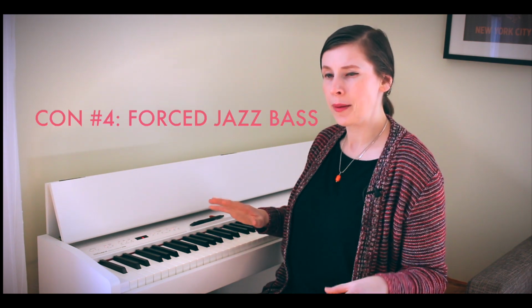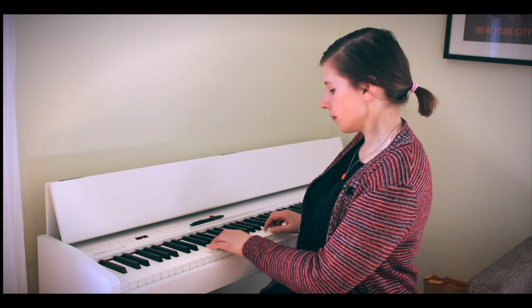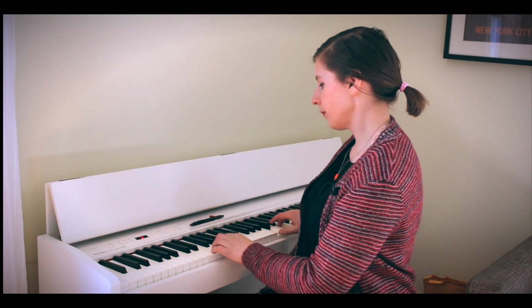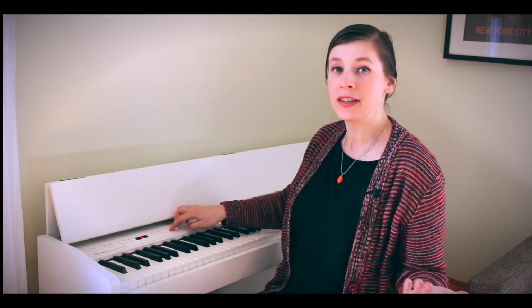And the only other con that I can think of, other than maybe it gets a little dusty because it's white, you tend to see the dust, but that's not really a con. The other one I can think of is that you can do a split function on here, but you can't seem to really choose much more than a bassy drum thing and your secondary choice of sound. It doesn't seem to let me do an organ and a piano or a piano and a tinkly synth or anything. I'm digging into it to see if there's any workaround, but right now I can't seem to find anything other than when you split it, it is this. So you have your choice, but then it's always this jazzy thing, which is not really my cup of tea. I mean, it's fun to play around with, but...